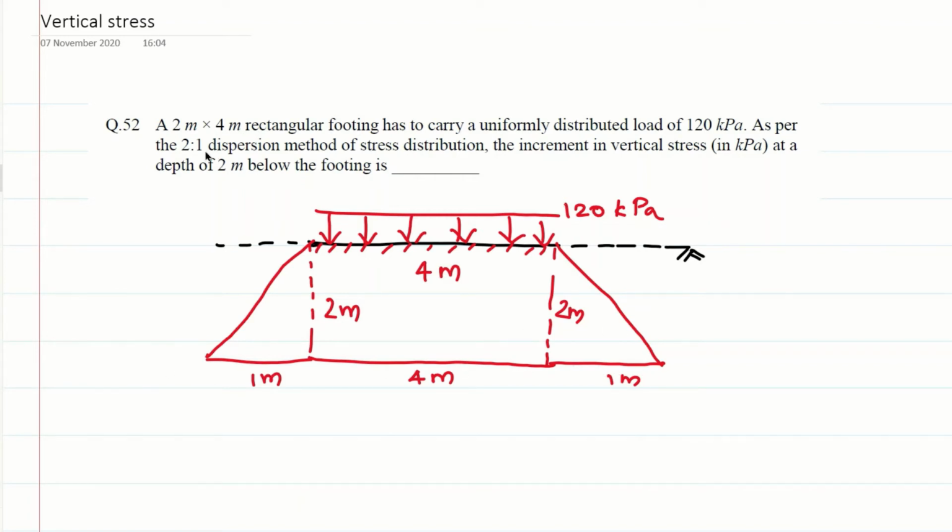So what happens on the 2 meter side? So other way, the dimension of this footing will be 2 meter, right? So 2 meter, there also such kind of distribution has happened. So actually if you ask me to draw in a 3D view, it will be like this. So your load distribution might have happened like this.